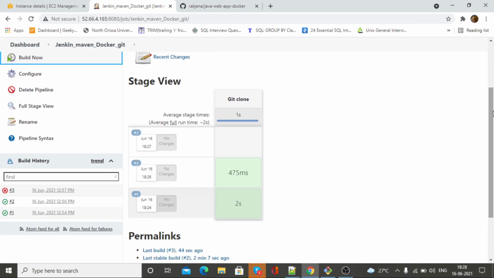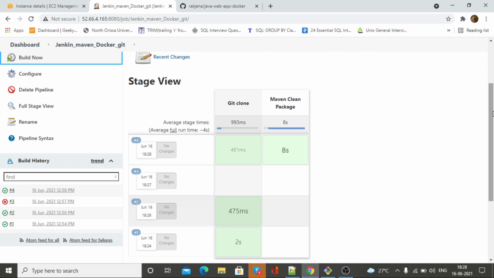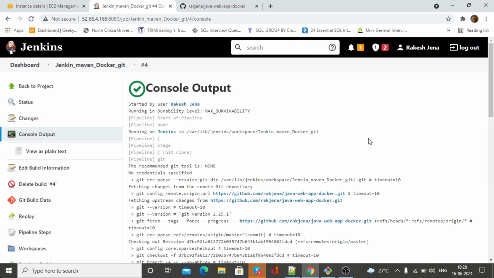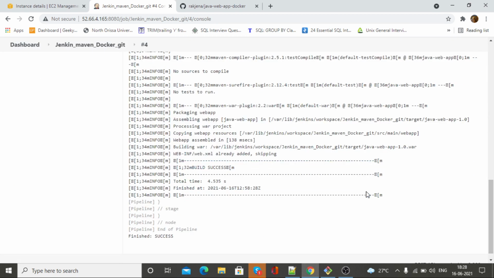Let's see, it started. Yeah, it's successfully completed. Okay, you can see, let's see the console output. You can see it's successful, and your build war has been built.